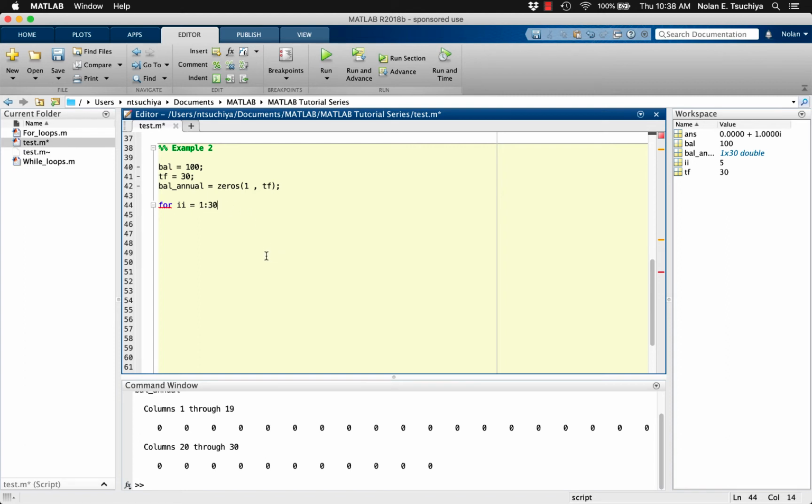However, notice that if we decide to change the variable tf to say 40 years or 50 years, this loop would no longer function properly since it's only programmed to run for 30 years. A better way to define the loop index row vector is to use the length function. Length of bal annual produces the value 30, but it does so in a dynamic way instead of simply typing